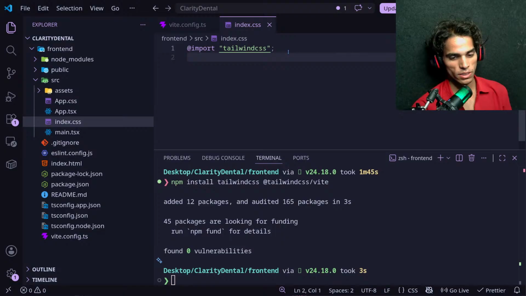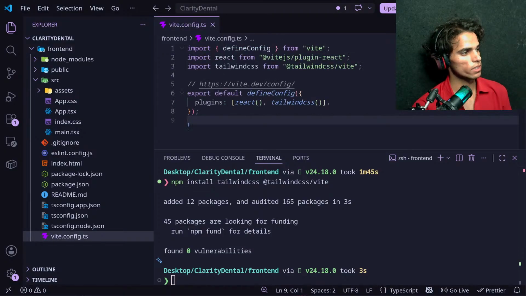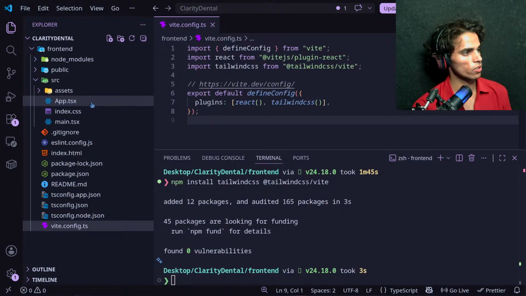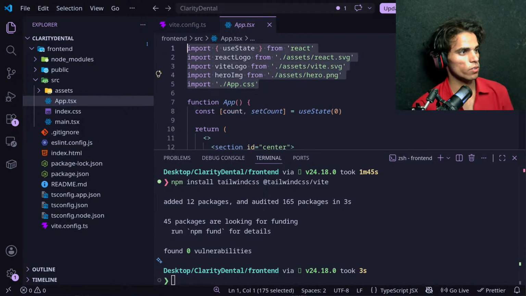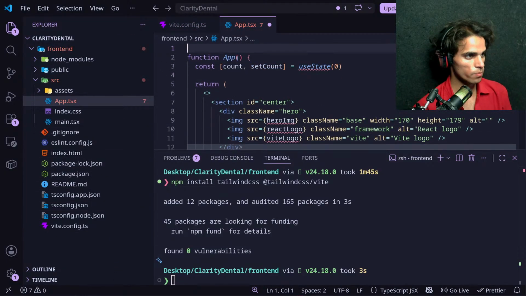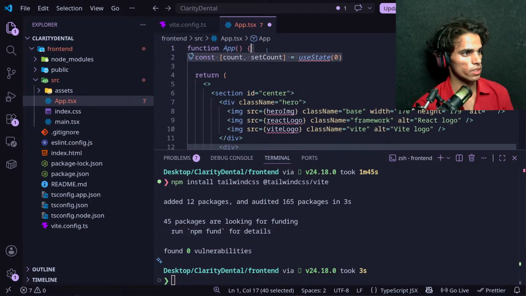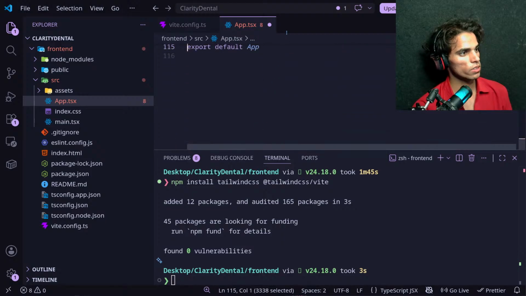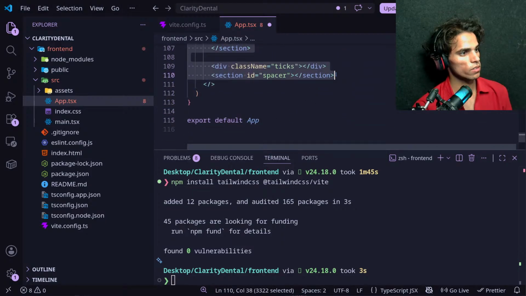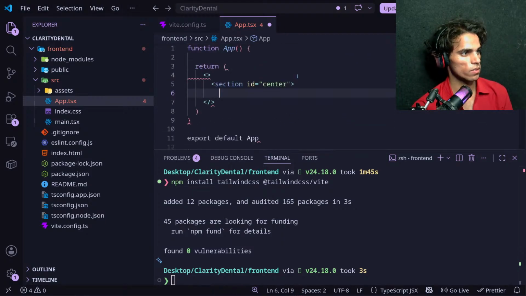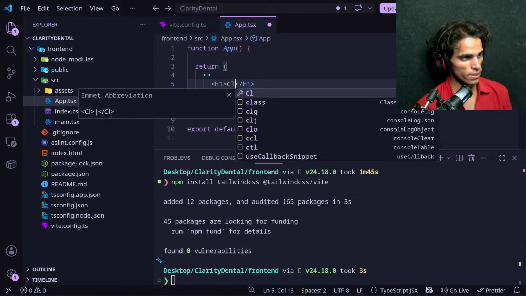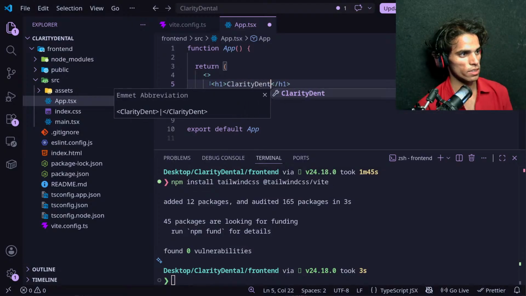So I have imported this, and let's cut this now, and I would like to create app.css because we are not going to use this now, and I would also like to cut all these, and let's remove this section completely. I will also like to cut this and h1 heading inside which I will write clarity dental.